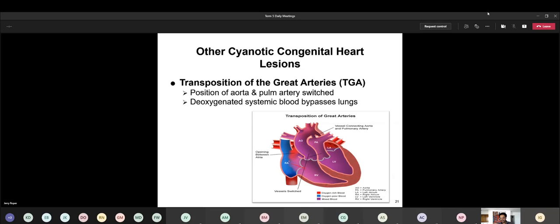So here's that deoxygenated blood that's now getting a chance to mix with the oxygenated blood that's coming from the left side of the system. And now here it goes, on its way out to the body. But it's mixed, so it's not fully saturated. And then when we think about what's going on on the left side of the system,